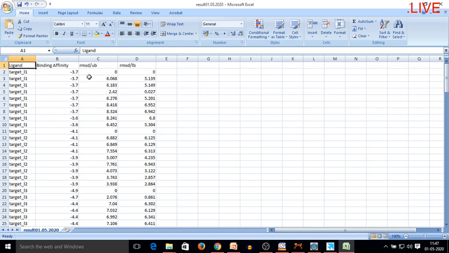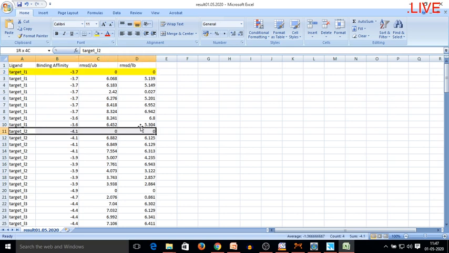So as I mentioned, the result of our desire is the values having the RMSD 0. So here you can see that I am just highlighting those values. Target underscore L1 binding affinity was -3.7, RMSD value is 0. Rest of all are other conformations which are not needed for me currently.